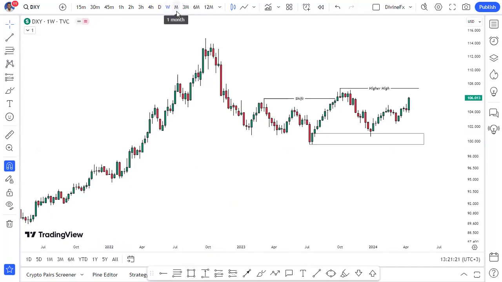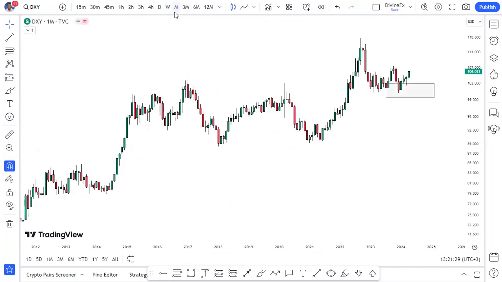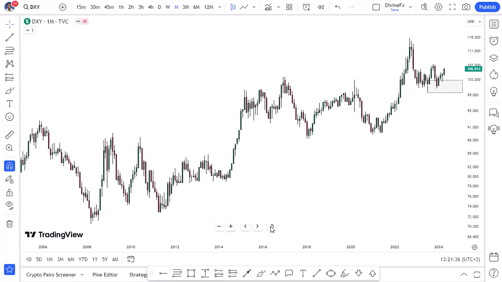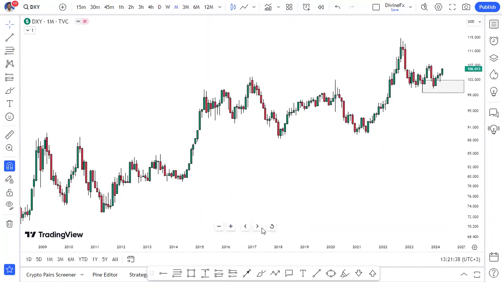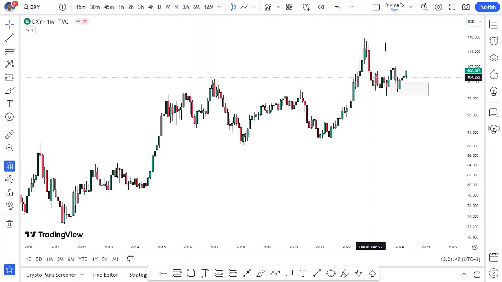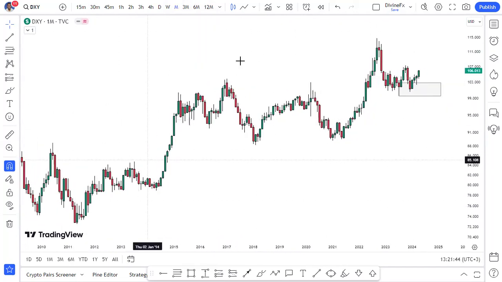So let us start on the weekly time frame. Let us jump to the monthly time frame. I usually insist to my students on identifying the market trend simply. Make sure you don't complicate it. Make sure you visualize it simply, by not drawing any